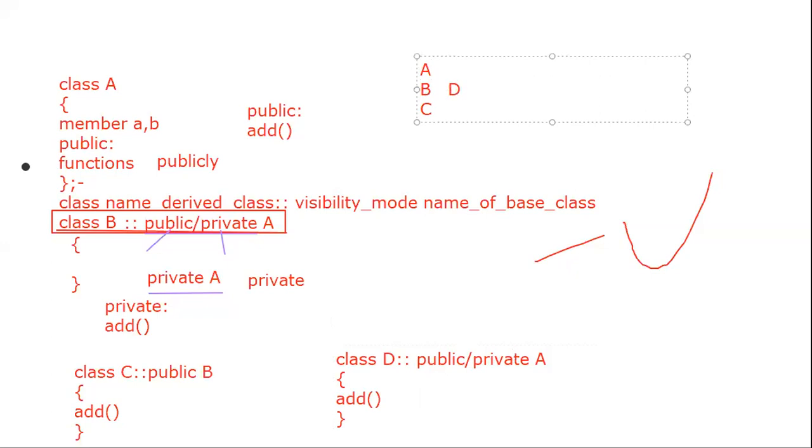Just like class D. Sakshi, you got this? Yes, sir. This A means B is inherited from class A. Then next one, class C is inherited from class A, and with respect to this, D is inherited from class A. So no issue with respect to private and public with respect to class A, because the add function is available by default inside class A. That particular add method is available. So don't worry about that, because A is the separate base class.